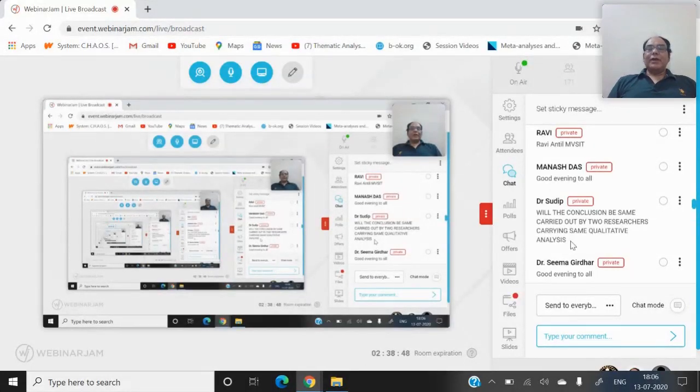It is quite possible, but the type of data you are using itself removes this kind of biasness. For example, if you take interviews, yeah, biasness could be there, but if you are working on data collected from newspapers or literature review or these kinds of sources, then the chances of biasness are less, right? Because we have different kinds of data sets. If you take pictures from Instagram, there is no biasness. If you take data from Twitter, there is no biasness. The biasness only comes when you take interviews from different people, right?